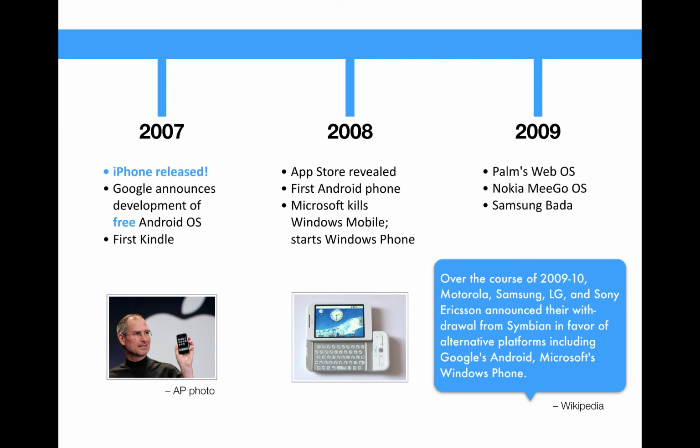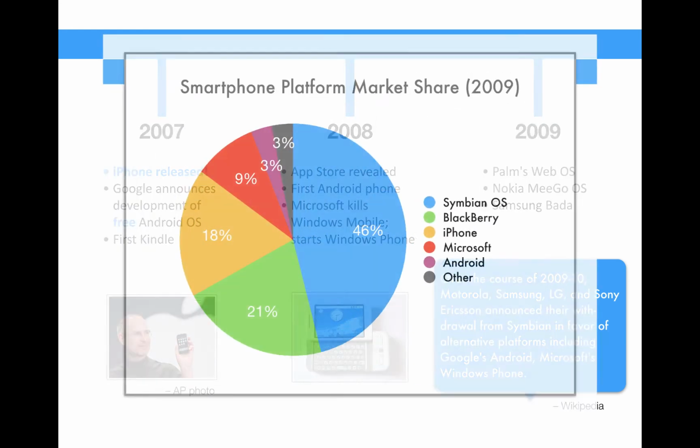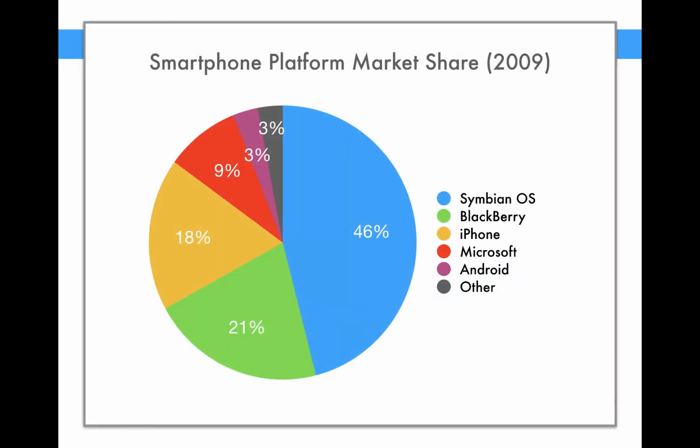Now, this is a good time to stop and consider what the smartphone platform landscape looked like in 2009. As you can see from this chart, Symbian and BlackBerry still dominated the market, but Apple's iPhone, which had only been released 2 years before, had already nearly caught up to BlackBerry in terms of market share. People knew that the iPhone was the future, but they still needed a non-Apple operating system that would get them